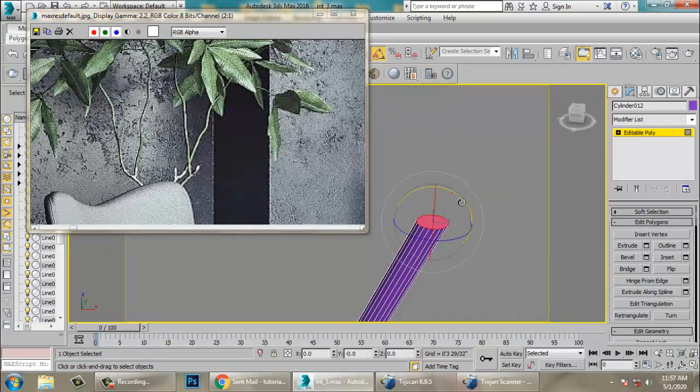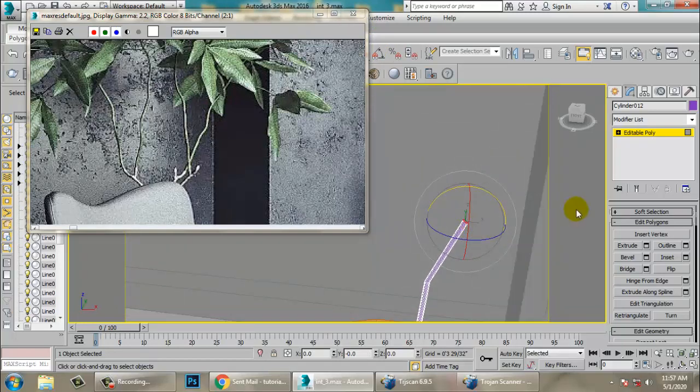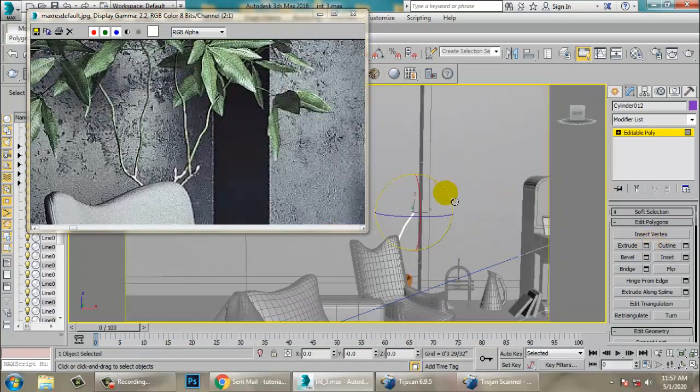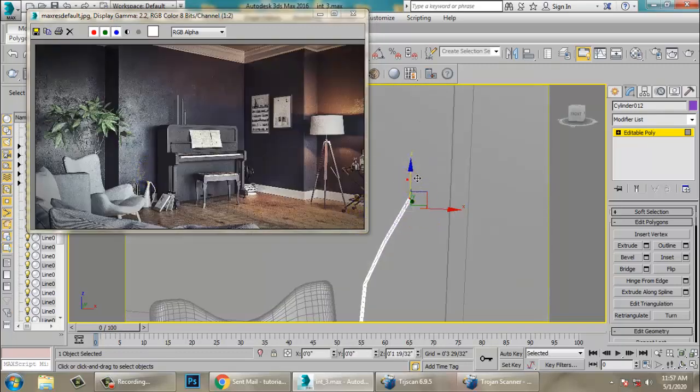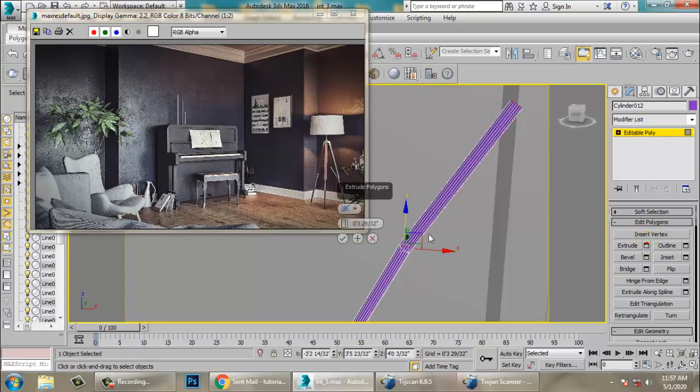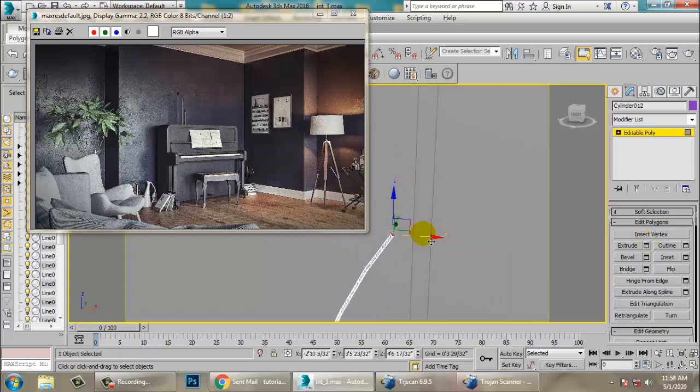I'm doing it not uniformly, we need to make it non-uniformly. It should not be in a straight line, because we are creating branches, and branches are not always straight.